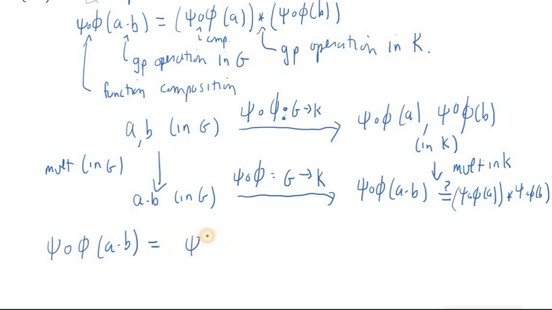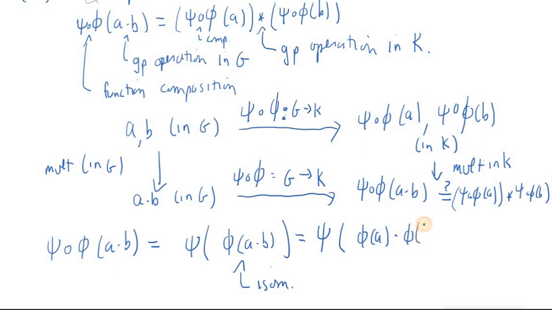It is equal to psi of phi of A dot B. Now, what do we know about phi of A dot B? Phi is an isomorphism. Since phi is an isomorphism, I can write this as psi of phi of A, and then I'll just use the dot again, phi of B, where now this is the group operation